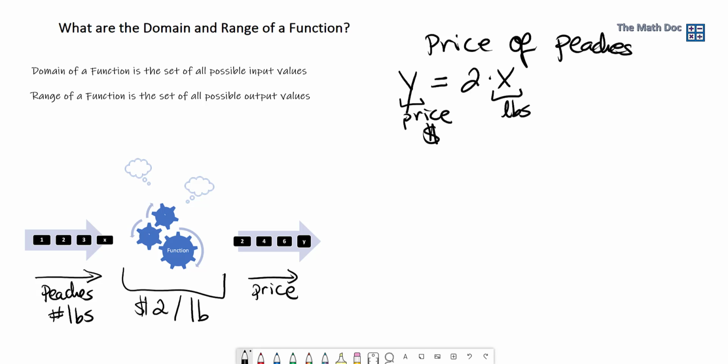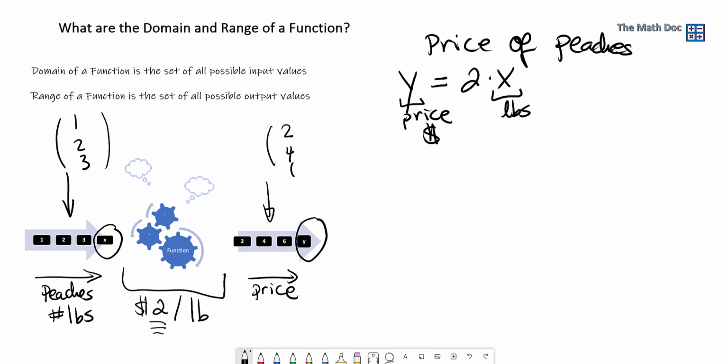And we have our input set here, which is 1, 2, 3, and so on, all defined by the variable x. And we have our outputs here, 2, 4, 6. We have only the even numbers because each pound costs $2. And the output is represented by this variable y. And we can write our sets of input as 1, 2, 3,